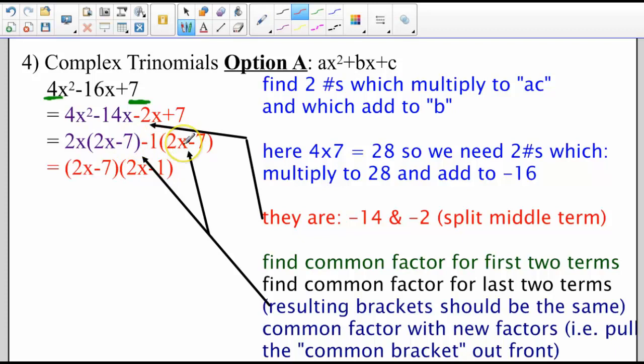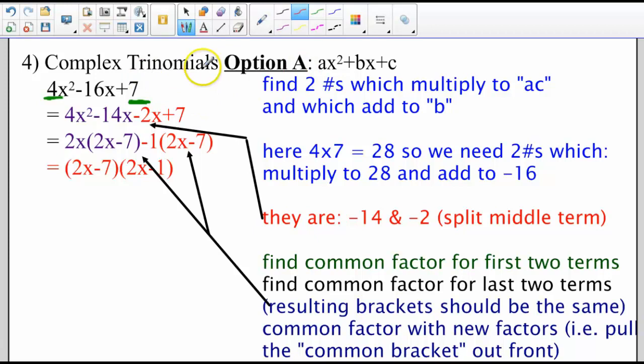The brackets must be identical at this point in time. If they are, I tend to pull them out front, and what's left is the 2x here and the minus 1 to complete the second bracket. What we're doing here really is taking a common factor of the first half of the expression and the second half. So the 2x minus 7 is a factor of this first part and a factor of the second part as well. Okay, so that's one method, call it option A here,